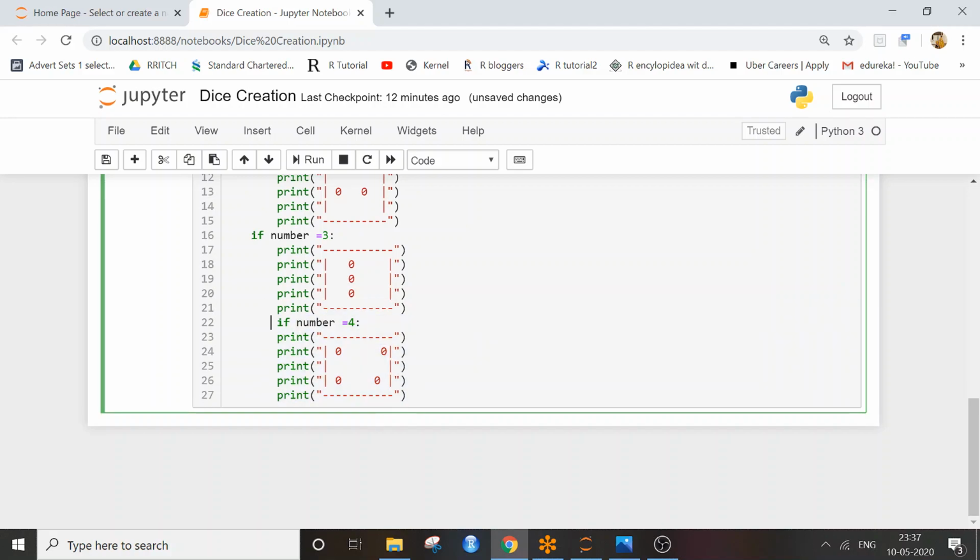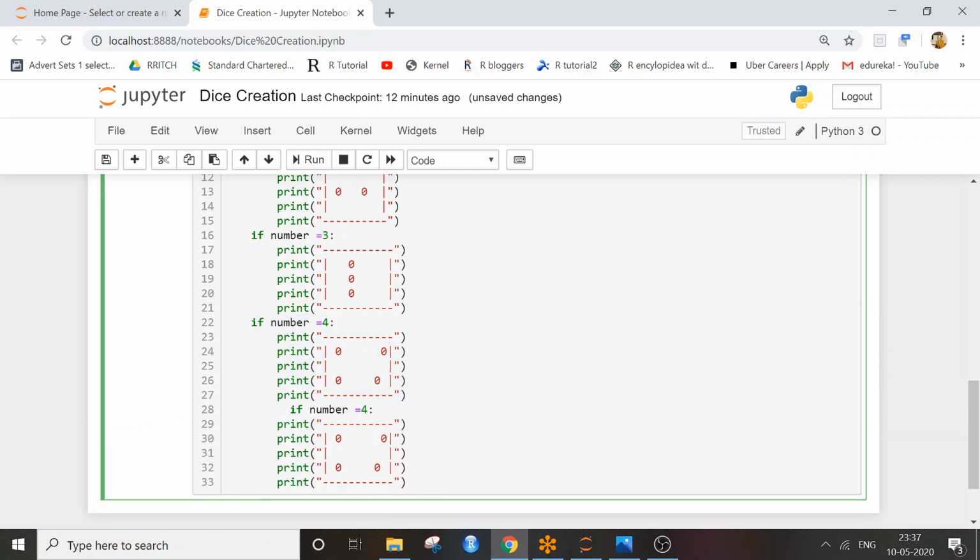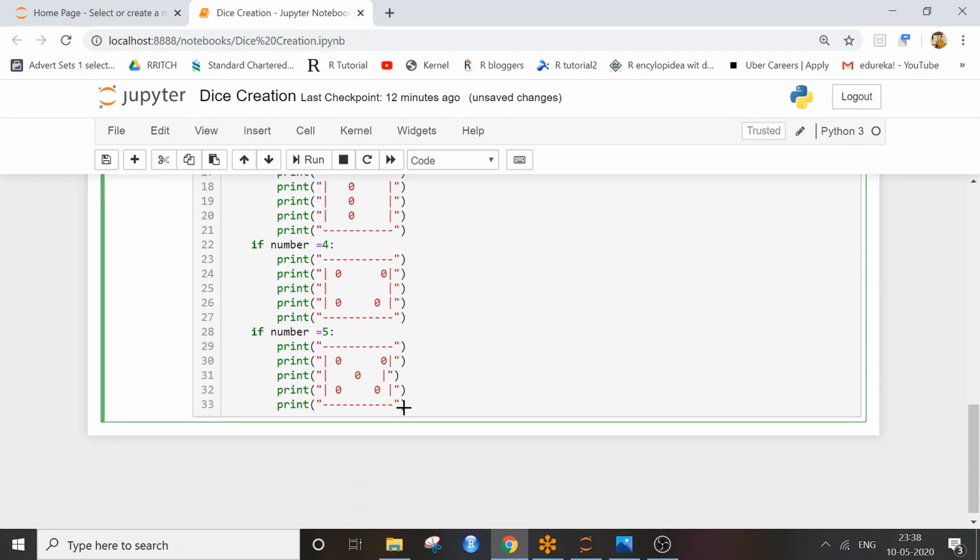Now if it is 5, it should have 5 marked sides. So I'll add 1 here. This will make it 5, right? Next would be 6.